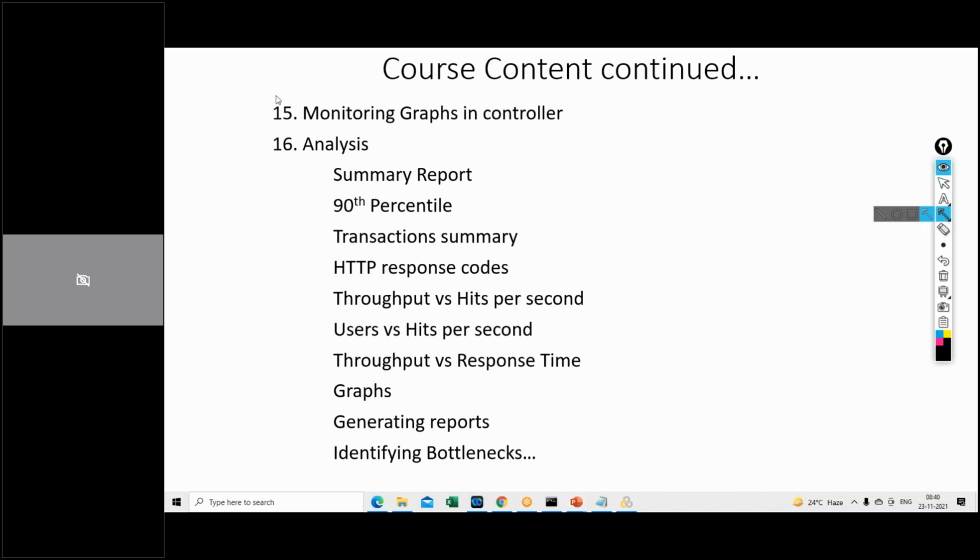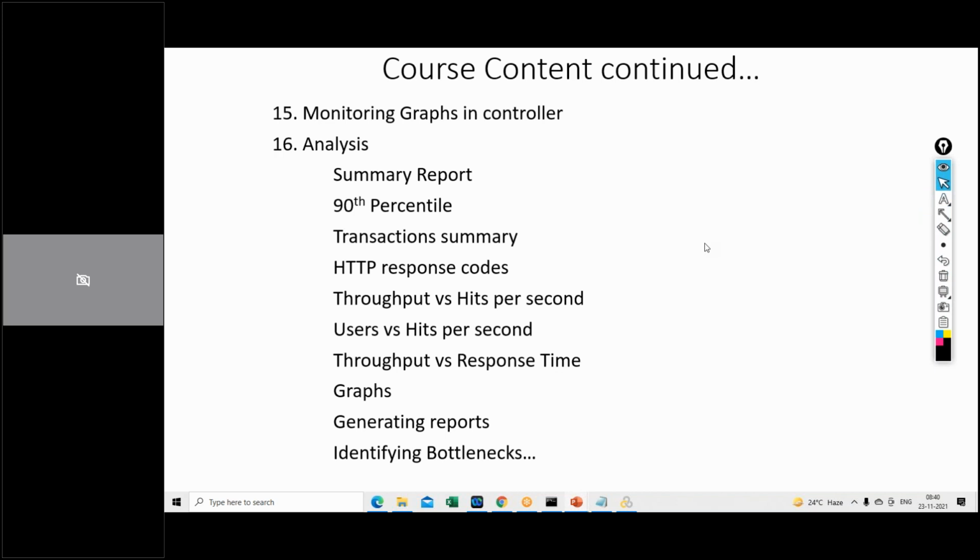Execution is important, but at the same time, analysis is very, very important. If you develop the script and execute it, and you're not able to analyze it, there is no use, because whatever analysis you do, you have to send it to the client or application team, right? Based on your analysis only, they will take some decisions, right? So your analysis should be very, very accurate. So we have to know what each graph is, each of the terms, from the analysis point of view. And then based on that, we have to analyze.